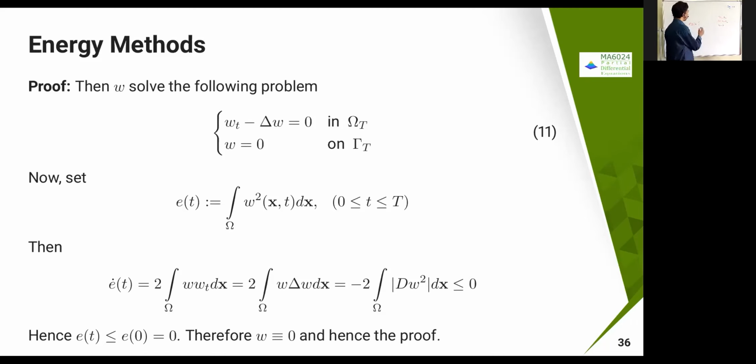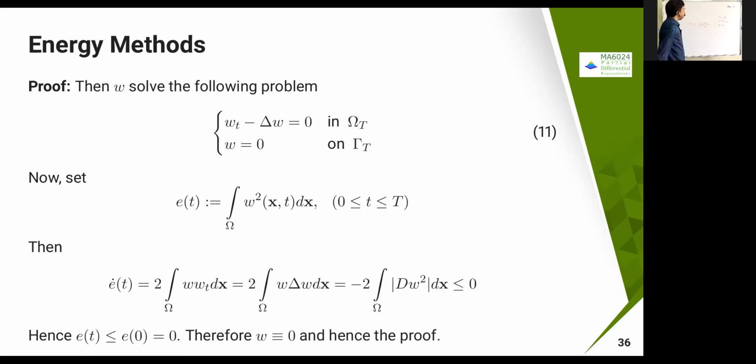So some positive interval I will define, it is going to be called W. So I'll just define the integral of W square dx over omega, that is going to be my E of t. Then what I'm going to do is prove that this E of t is going to be completely 0. Then I can just claim that W equal to 0.